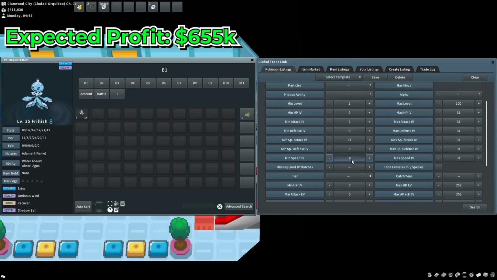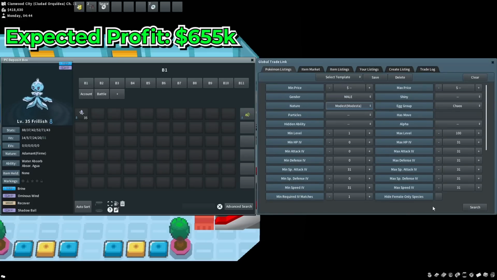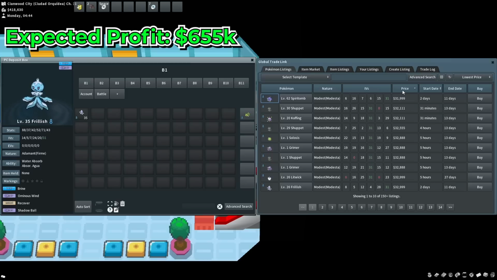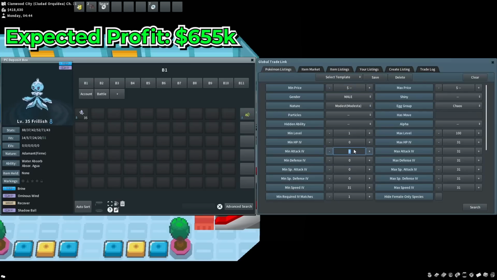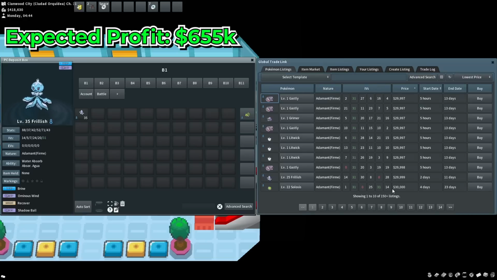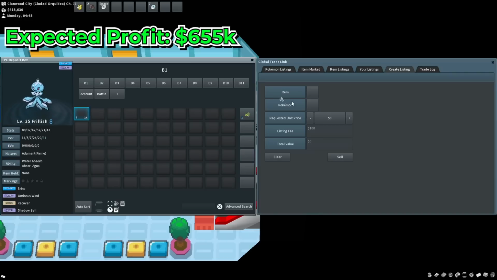So if we put like this and Modest, you can see that they go for around 32, and if we put it like this and Adamant, you can see that they go for this much. Yeah, it wasn't a bad buy, but I wanted to show you this because, as I said before, different egg